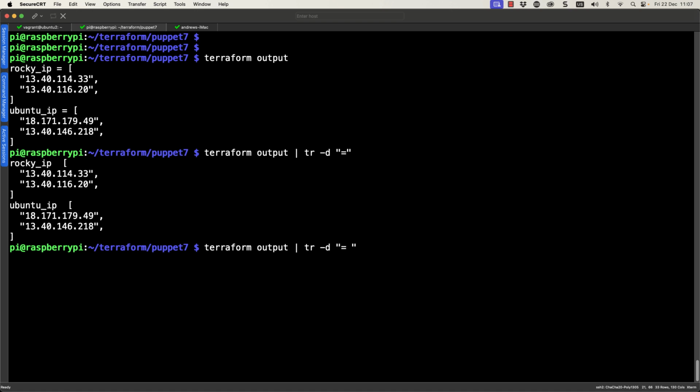I don't need the space, so I've put a blank space in there. I don't need the square bracket. I don't need the closing square bracket. So I can just put a list of characters that I don't want. I can put the double quotes in here, and I'm just escaping that because I've used double quotes around my main tr string. So now as I go through and take a look at this,